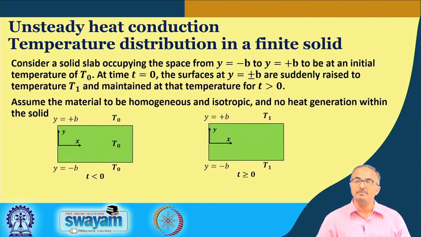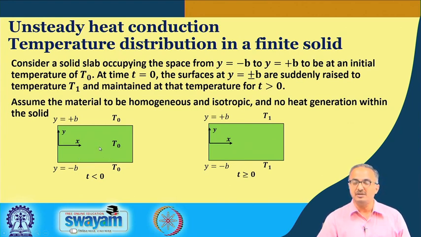Now, this particular problem may be extended. We have taken an infinitely bound solid, a semi-infinite solid. Now, it need not be semi-infinite, it may be a finite solid. Here you can see the pictorial description, that we have a finite width of the solid, and in this case we place the origin at the midpoint in the y direction. So, this is the x direction, and the y direction. Because we take the midpoint, it is plus b on this side and minus b on this side, that means the total length is taken to be 2b.